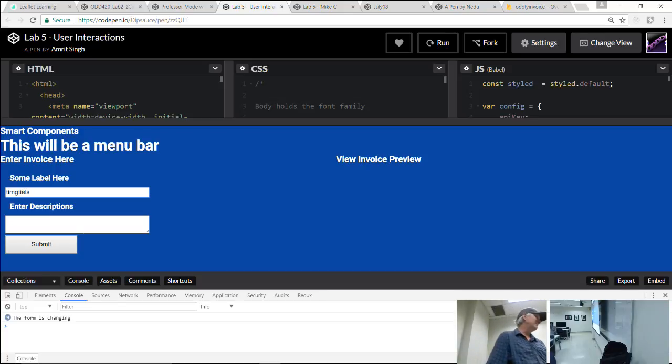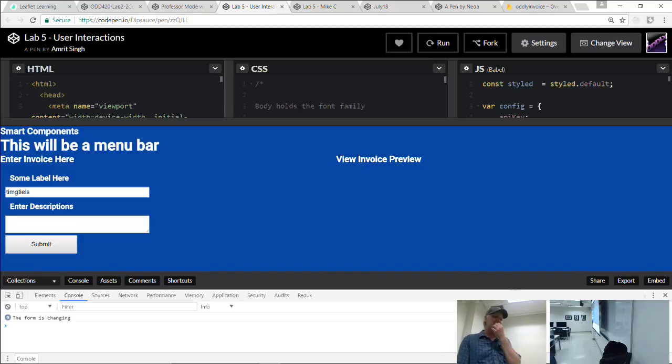Yeah, you're totally good. You need to save it. Maybe you might need a refresh or something. Well, have you typed in there? I didn't see it before. Yeah, you won't see any change if you don't type in it. Is that working pretty good, guys? It's working pretty good, right?